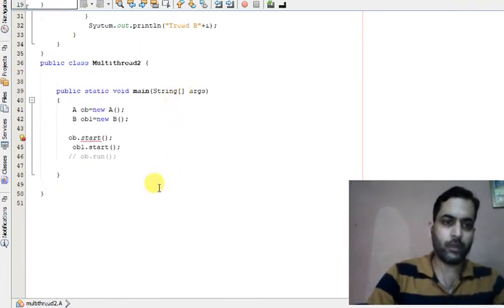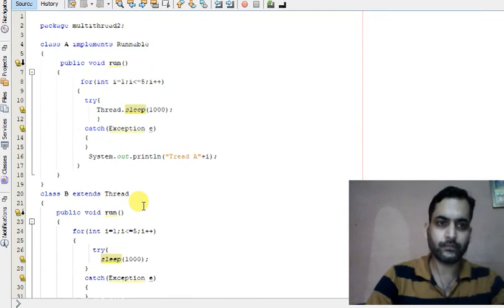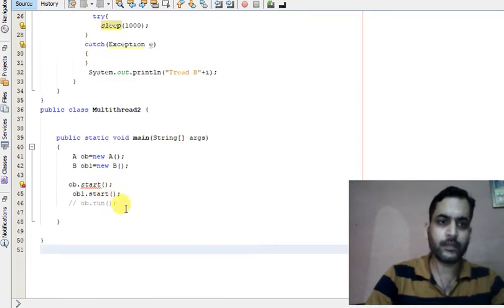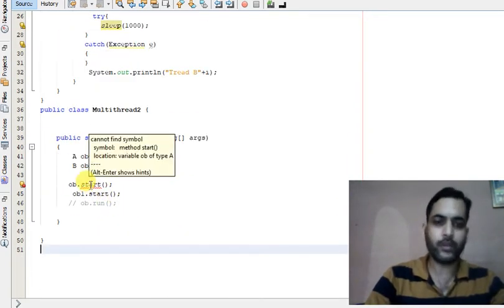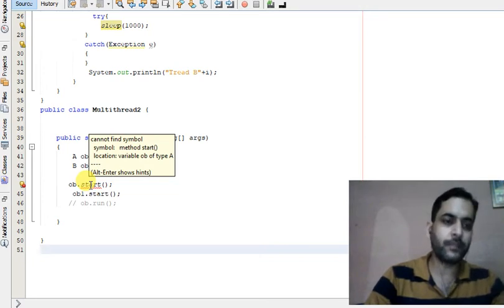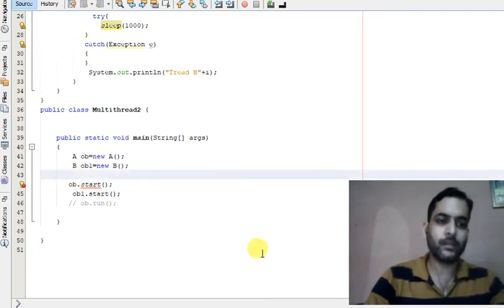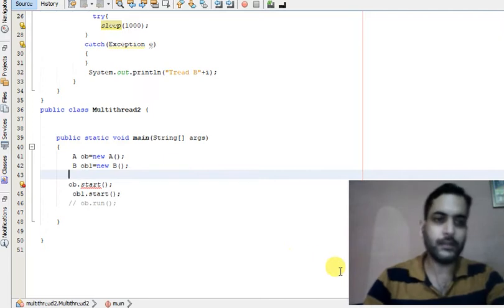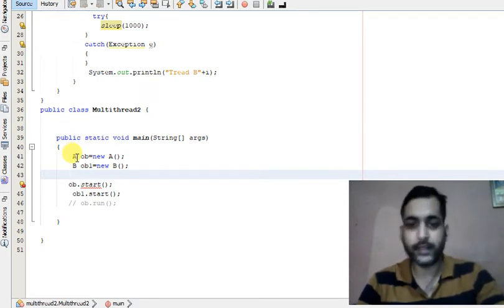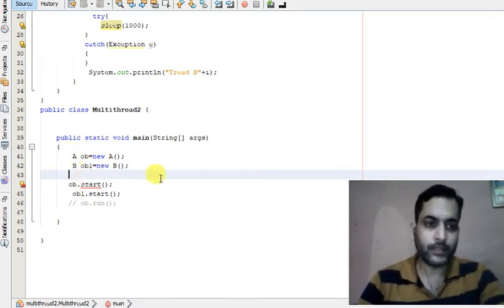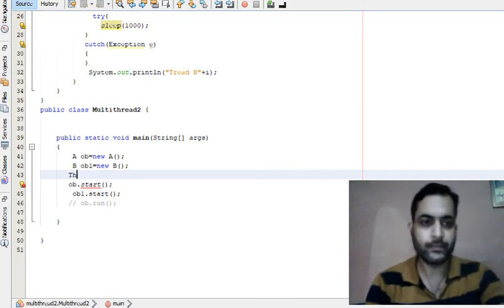There is one more problem. The start method can be invoked only by a Thread object, and now this class A is not a thread since it is not extending the Thread class. So let us create an object of Thread here.